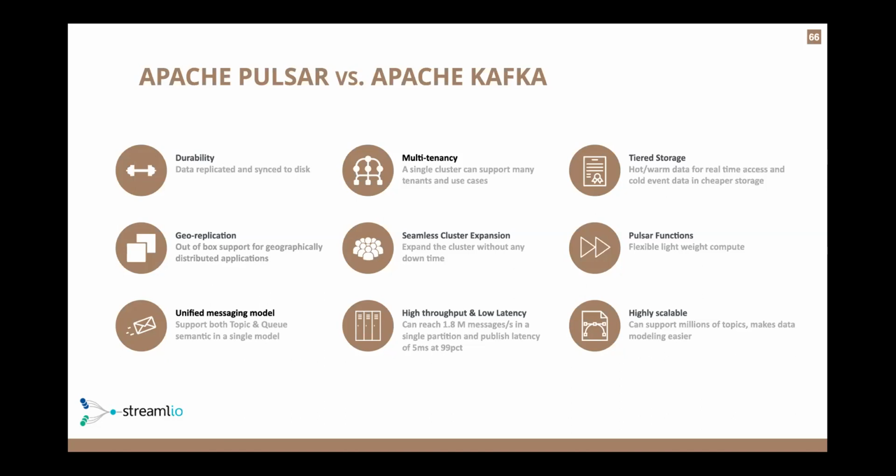Tiered storage is again something I talked about earlier. You can offload to colder storage for long-term retention, and that happens automatically. There's no stop the world, spin up additional load, and load the data required to use data from tiered storage. Yes, you can do that in Kafka, but there's an additional mechanism to offload the data back from S3 onto a broker that has the data on disk, because at the end of the day, Kafka reads the data directly from a local disk. With Pulsar, you can read it directly from tiered storage with no additional hardware required.